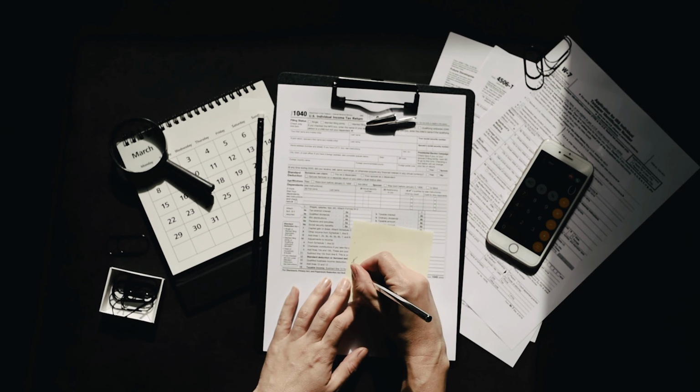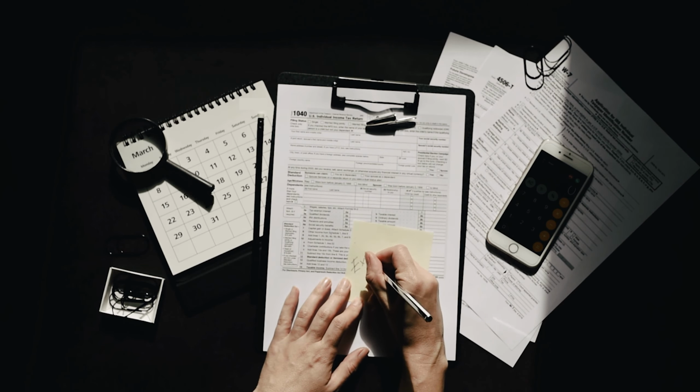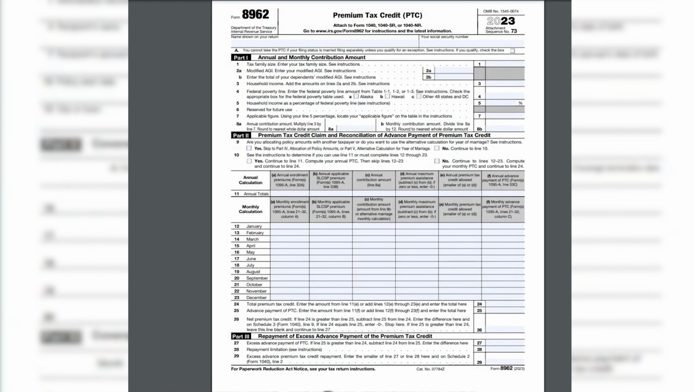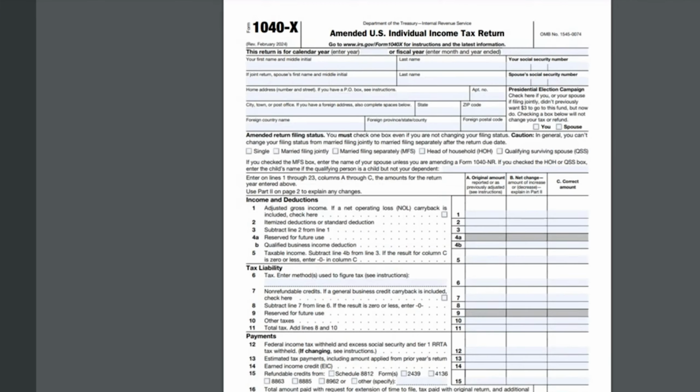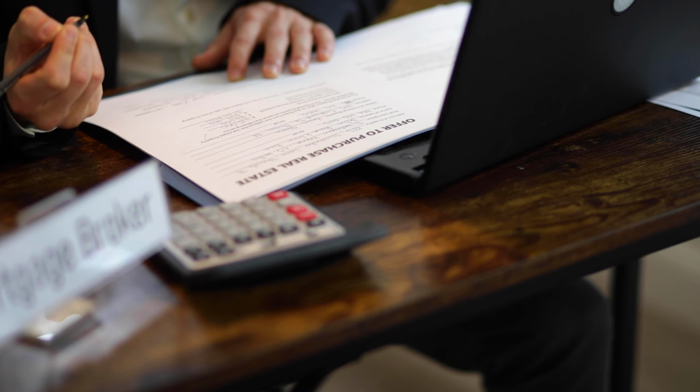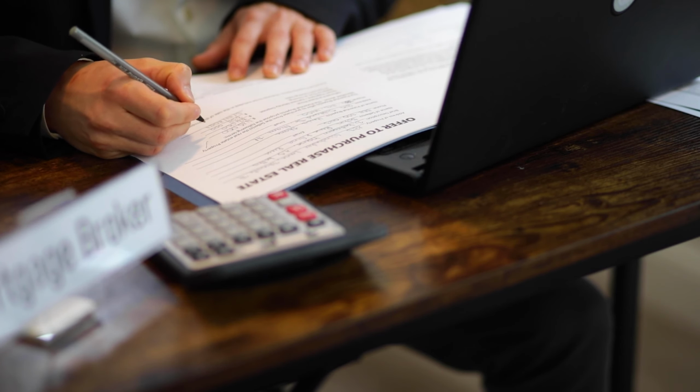Step 8, double check the information you have filled out in your form and ensure your calculations are correct, and then sign and date the form. Step 9, attach your filled 8962 form to your tax return Form 1040 and submit it to the IRS before the tax deadline. Step 10, and finally, keep your records and copies saved in case of any future inquiries or